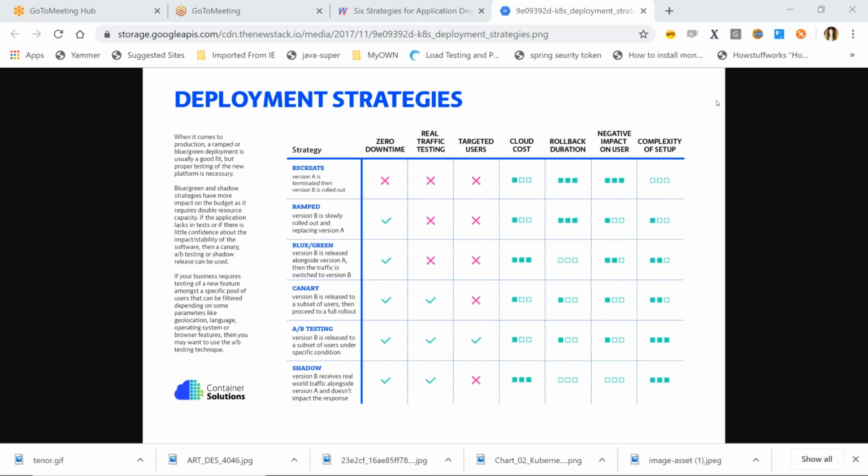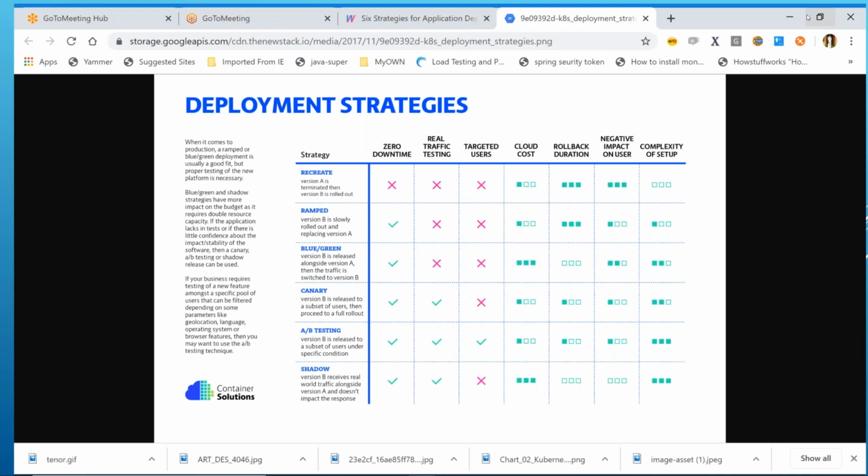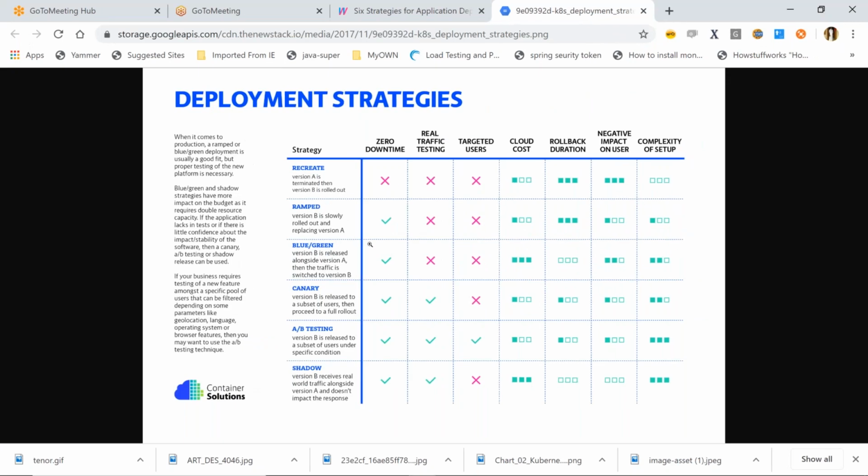But as far as I understand, either in Shadow or in Canary, we just provide 5% or 10% of routing to the server, right? If it is working fine, then we switch the context to server B. Yes, that also we can. That's like a rolling deployment, a different strategy.